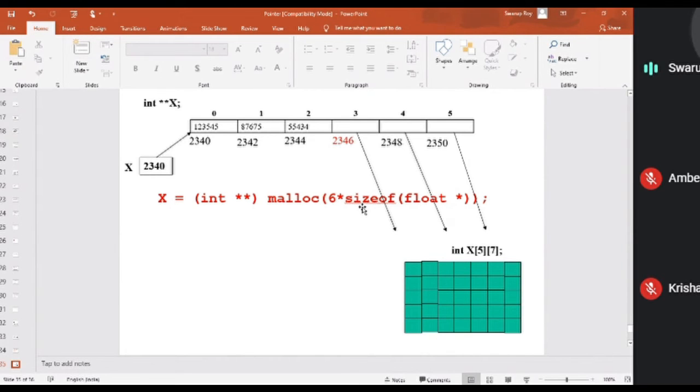How many base addresses can I store, meaning that many arrays, here in this x? 6. So the number of rows is 6. Is it okay?